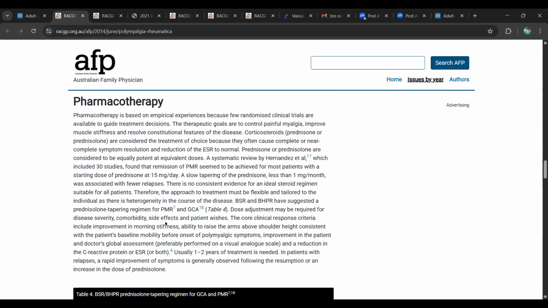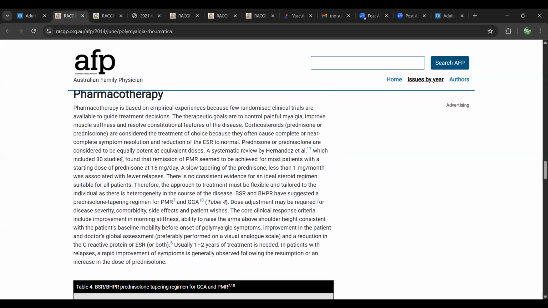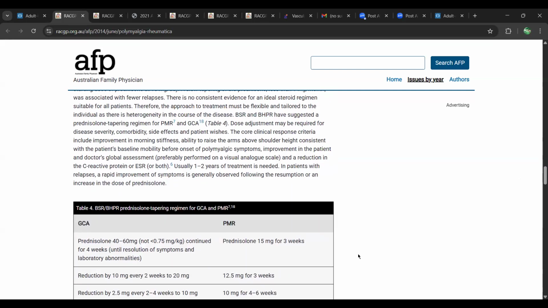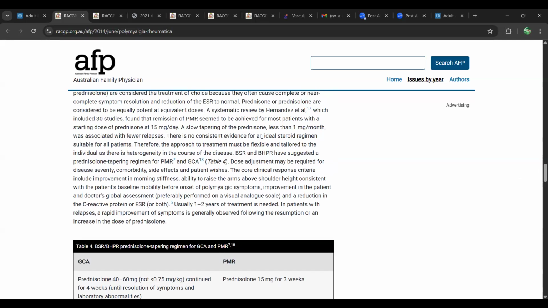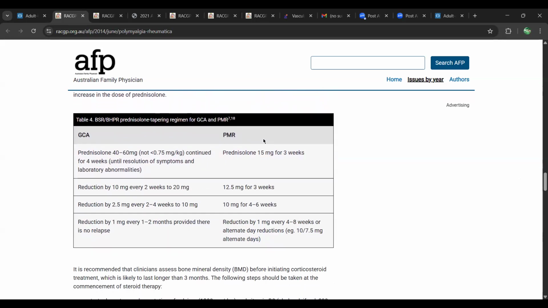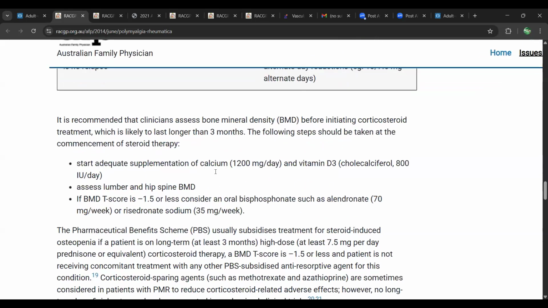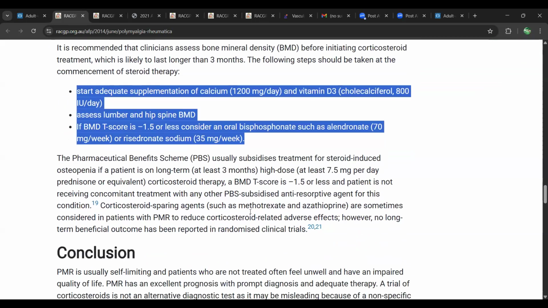Reading all of this is going to take you a long time. Since you have time till the February exam, you can read it once, but if there's anything you need to add, just add it on the side, so that next time you're going through the guideline, you don't have to read this. So have all of these in one place. Again, this table, you just need to know this first line and have an idea that it's a tapering regime, right? And this is the one where, if it's taking longer than 3 months, you go for this, right? So what we discussed.